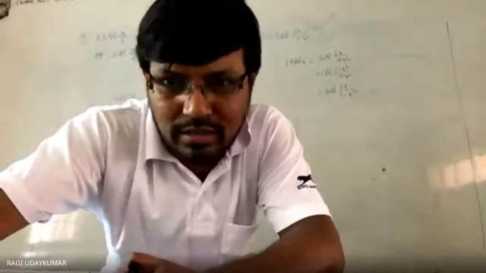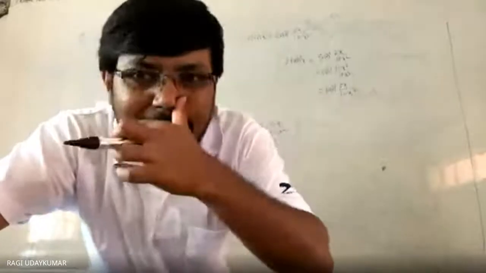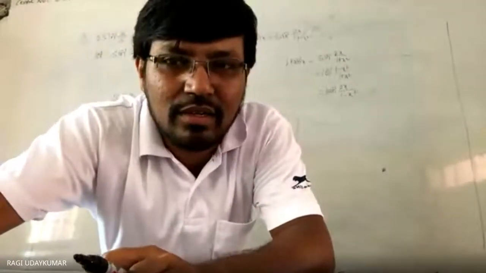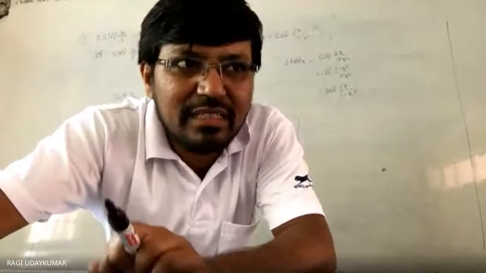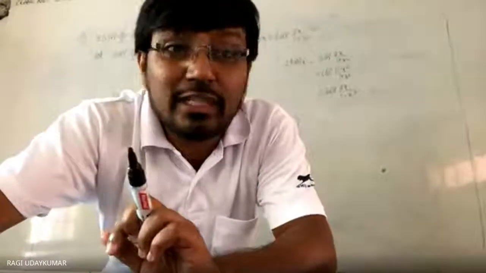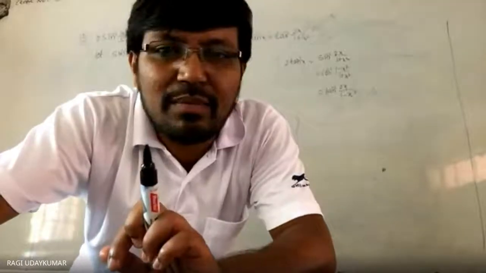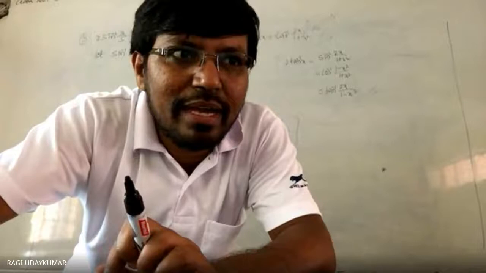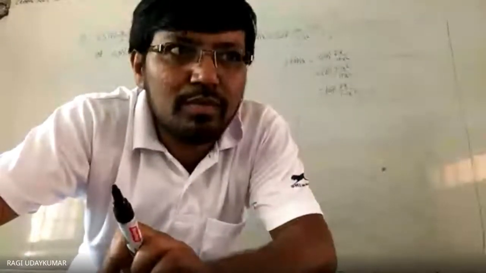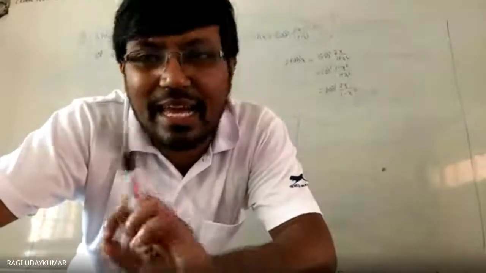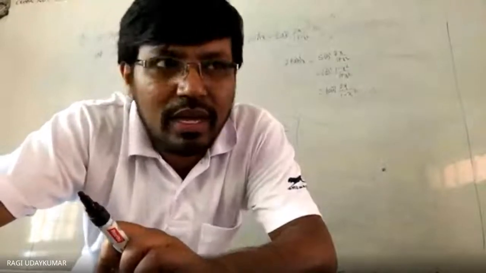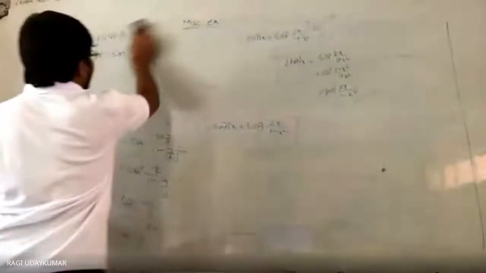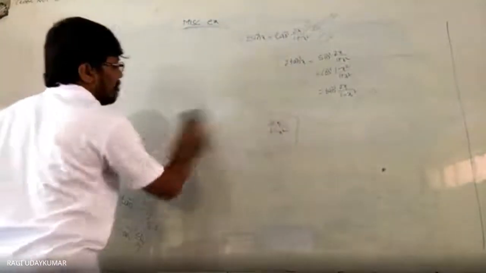Everything should be converted into tan, because you have an identity of tan inverse x plus tan inverse y. Everything should be converted into tan. Okay, I'll explain the sixth problem. The sixth problem has big numbers, you may get confused. I'll explain the sixth problem, the rest you do yourselves. The sixth problem is a little different, it has sin and cos in it. Actually, these problems are also very important from the examination point of view.